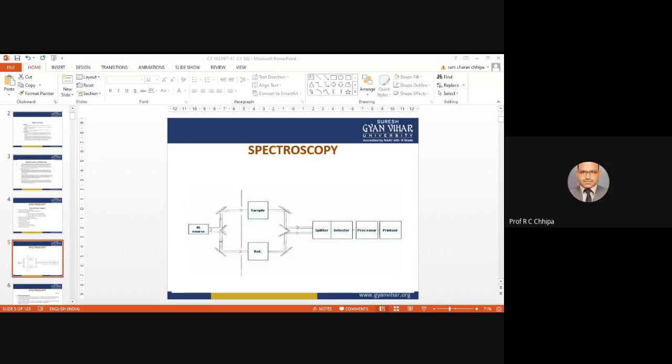That is the EMR, that is electromagnetic radiation. So here the fundamental is that energy is inversely proportional to the wavelength. So if energy is very high, then the wavelength will be very little as compared with the ultraviolet and visible. What is the wavelength in ultraviolet and visible? Anyone?